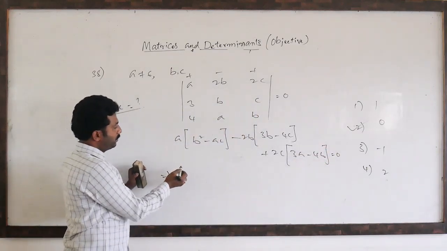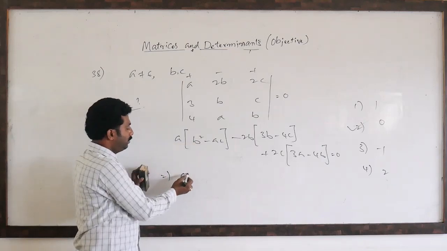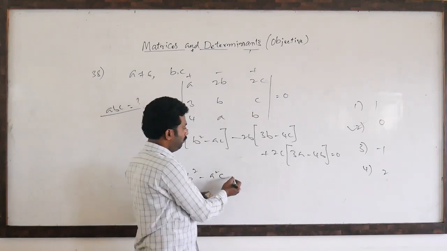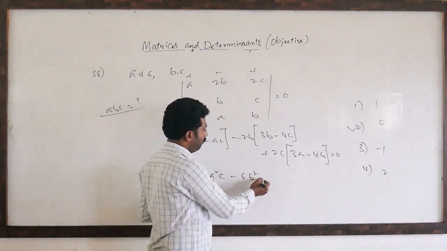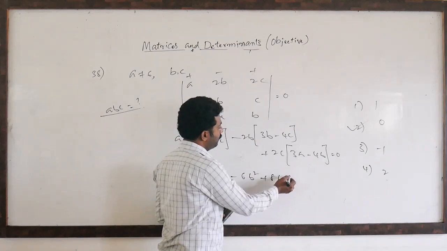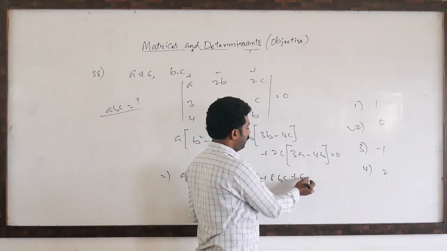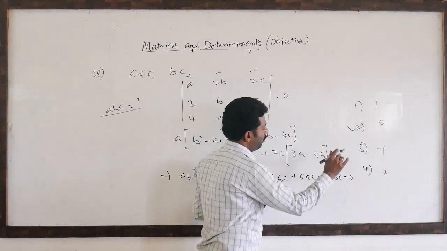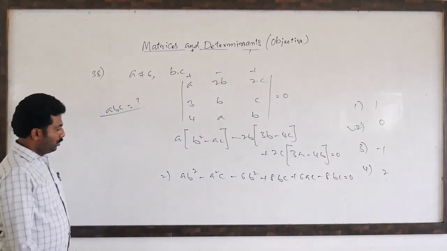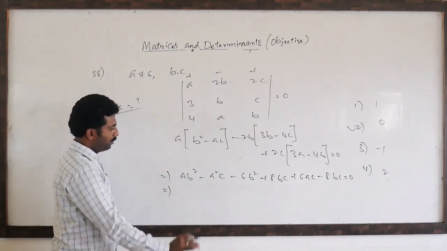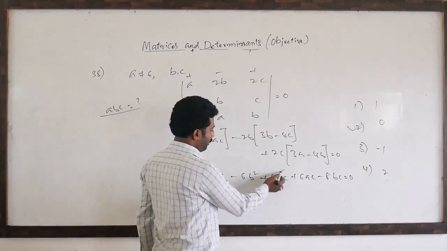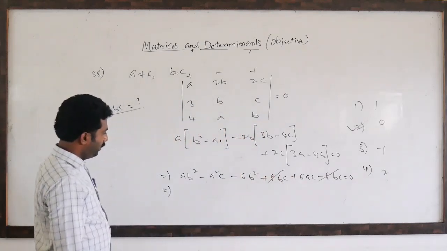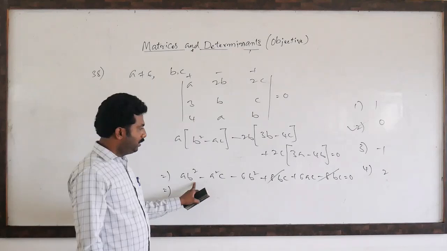So from this, a into b square, that is ab square, minus a square c minus 6b square plus 8bc plus 6ac minus 8bc equal to 0. So you observe plus 8bc and minus 8bc cancel. So finally ab square